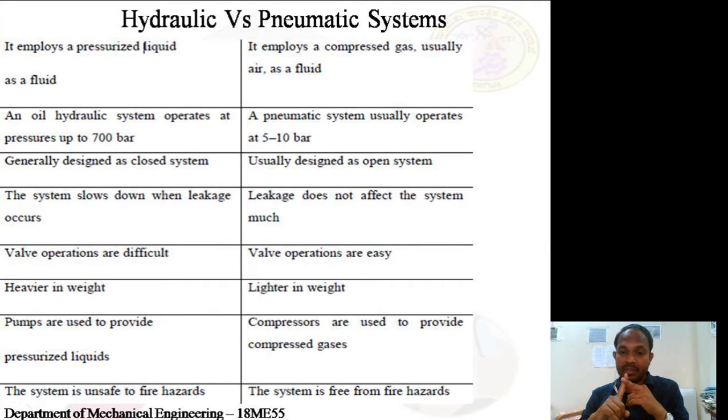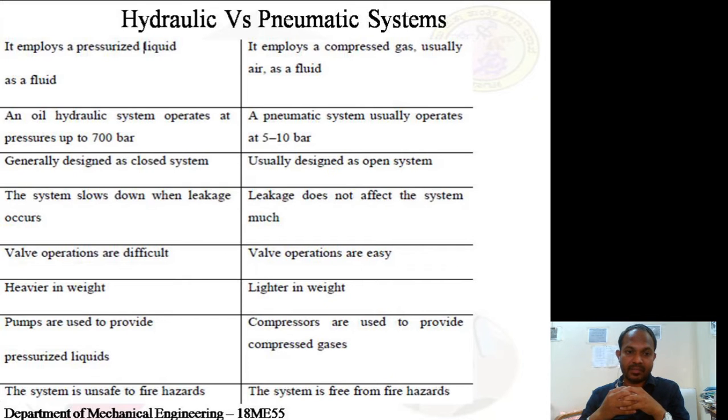wherein pneumatic systems do not require more source or tank or something like that. The components are very few and the capacity of these pneumatic systems is also less. So due to these reasons, the pneumatic systems are lighter compared to the hydraulic systems. Here the pump, as I have already told you, in hydraulic systems, pumps are nothing but the heart of the system. So these pumps are used to provide the pressurized liquids, whereas here the compressors are being used to provide the